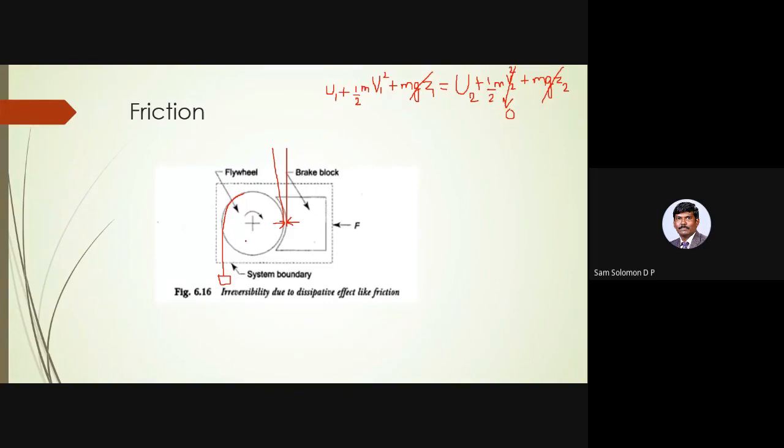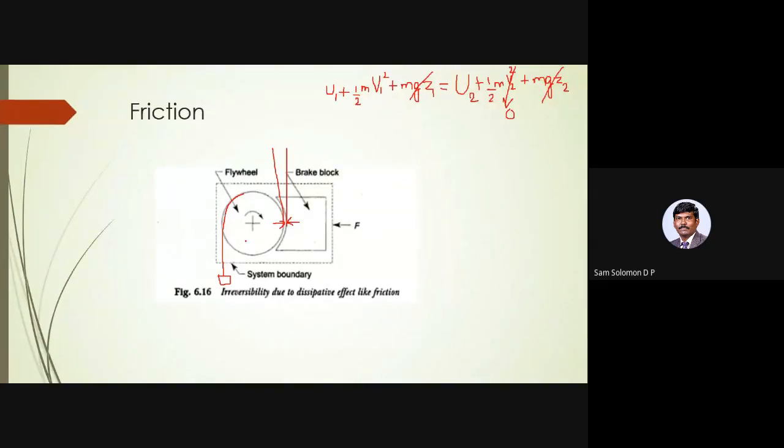Now the heat has been given so that the flywheel is at rest and it is at a higher internal energy. Okay. இப்போ என்ன நடக்குது? Now it is also a cycle, and in this cycle I am having heat. I am supplying heat at only one reservoir. There is no heat sink. There is only a heat source.